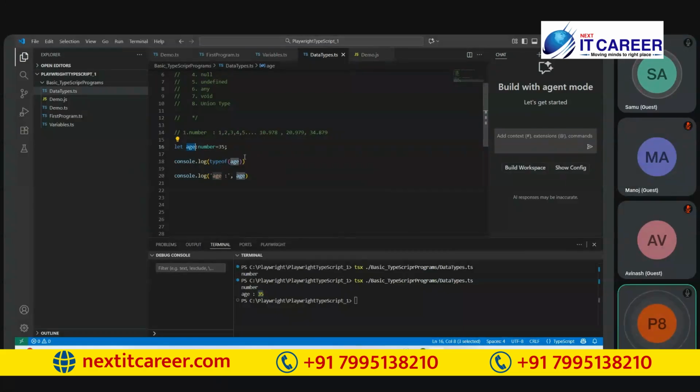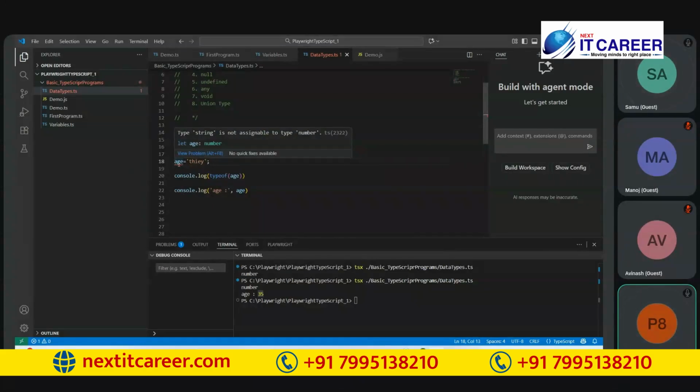Also, if you reassign one more value, like age equal to a string such as 30, see this, can we reassign like this?